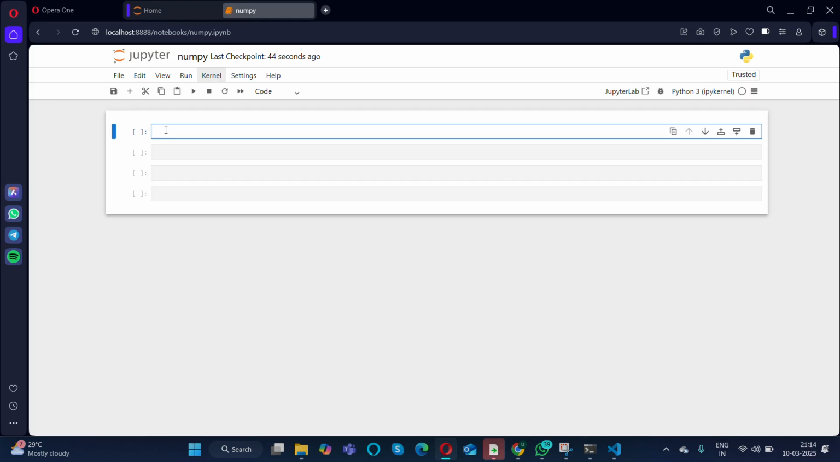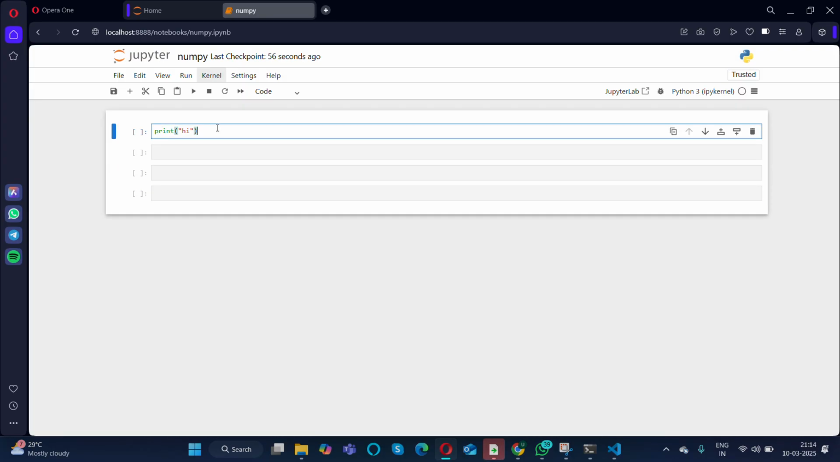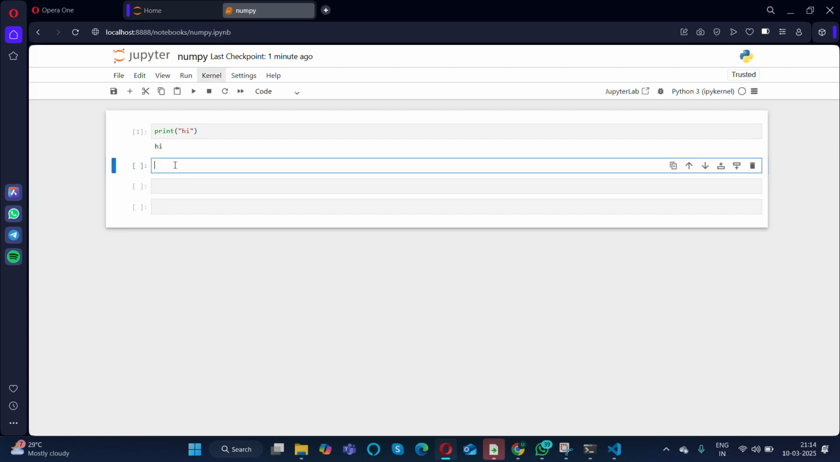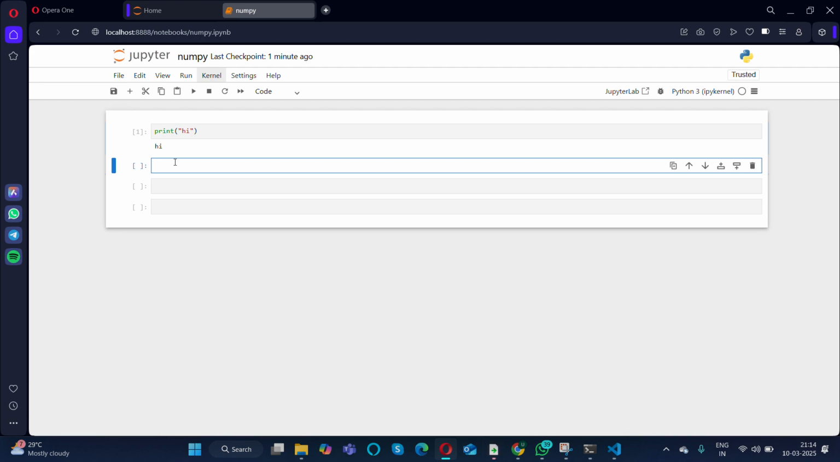If you want to print something, print hi. You type something, and why it is divided, I'll let you know. To execute this, you need to press shift and then enter. So it got executed. You can see here hi. And what is this? Here we got a number. That means this was executed first. This is the order. And if I write hello and shift enter,